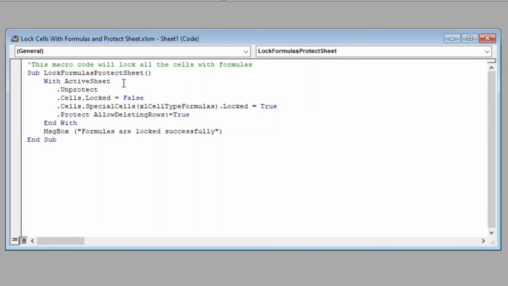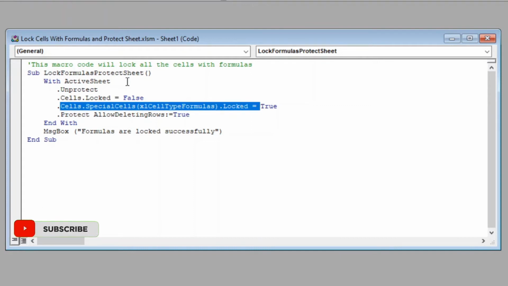The first statement will unprotect the sheet in case it is protected, otherwise it will have no effect. In the second statement, we have set Cells.Locked to False, so this will unlock all the cells. In the next statement, we have set all cells with formulas to True, so this will lock all cells that contain formulas.